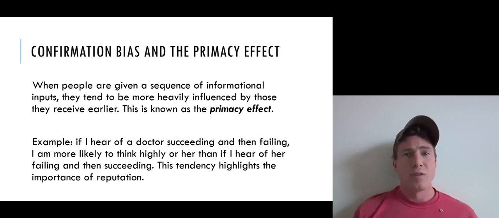So if I heard of another doctor who had 2 patients that didn't make it, and then I found out that they also had 5 patients who did make it, I tend to have a lower view of that doctor than the first one. And this can be explained in terms of confirmation bias, right? Because if the initial information I get about the doctor fixes my initial beliefs, and then confirmation bias makes it hard to shift those initial beliefs, that could explain why this primacy effect occurs, why I stick with thinking that the doctor I initially thought was good is good, and the doctor I initially thought was not so good is not so good.